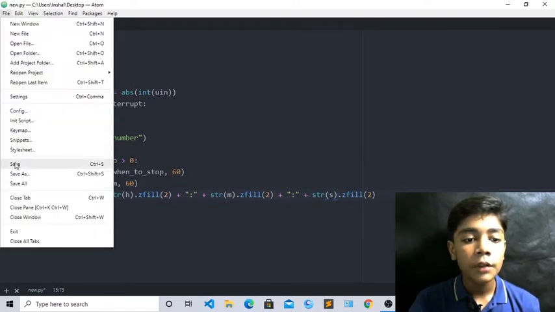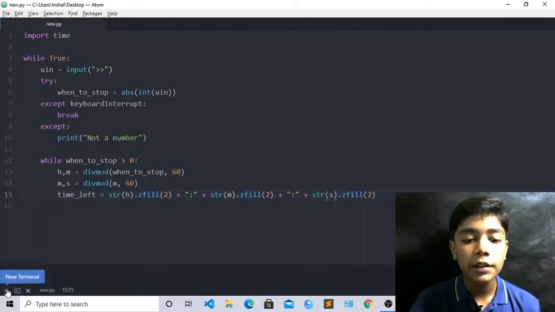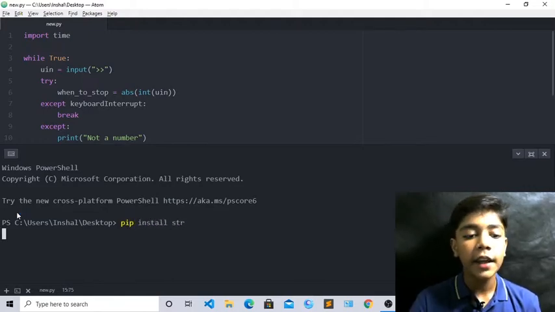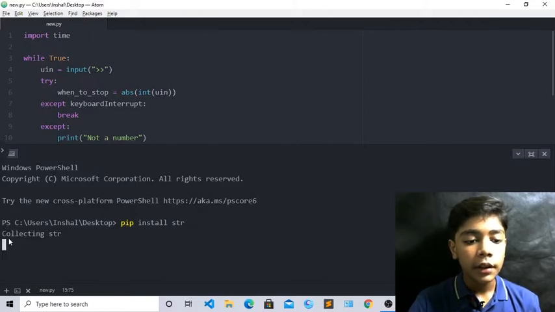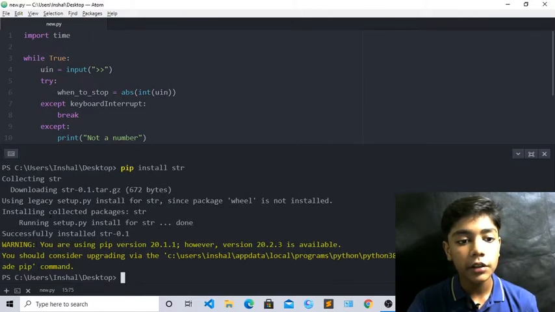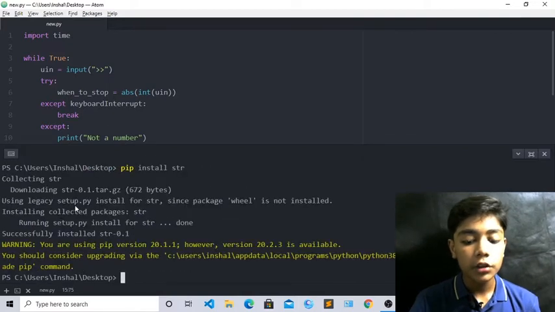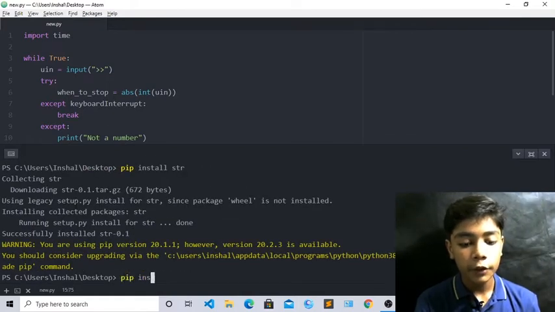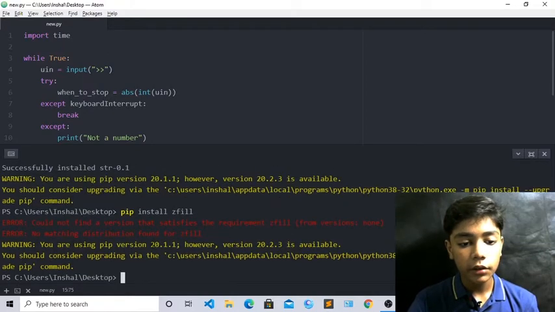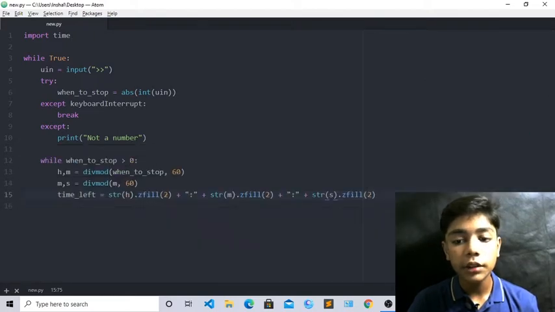Okay, first of all save it, come over here. Now we will check it, it is just pip install, which will be like str tag. Now you can see it is downloading. Okay, str is already downloaded. Now first of all write here again pip install zfill. Okay, now we will see it has not the latest version, so it is already downloaded here. Now just close it from here.